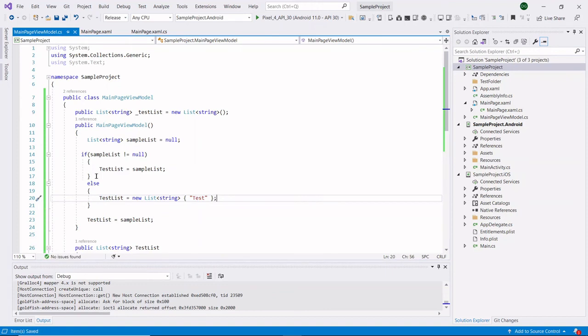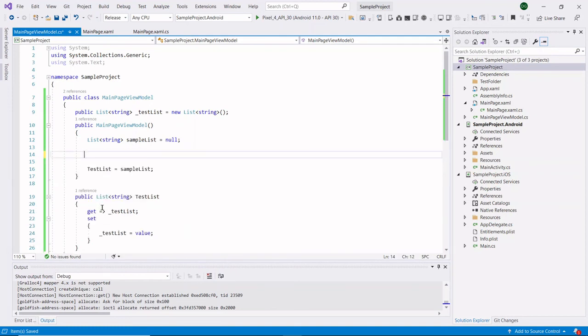This is the general scenario of how we are testing our sample list. But if you are using the null coalescing assignment operator, we can reduce all this code. Now I will implement all these conditions by using the null coalescing assignment operator. Like this, we can assign our default data within one line.